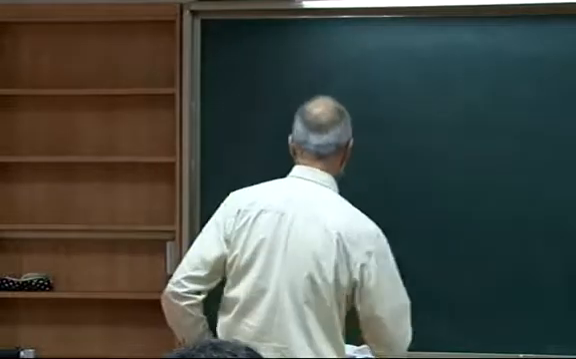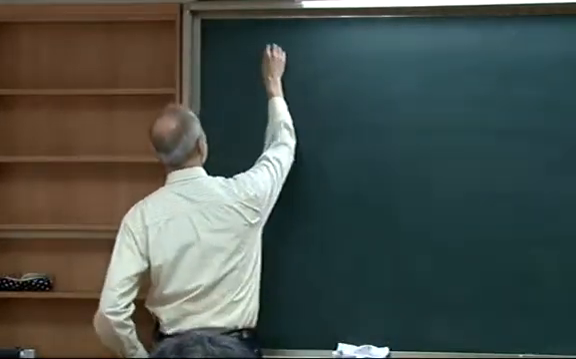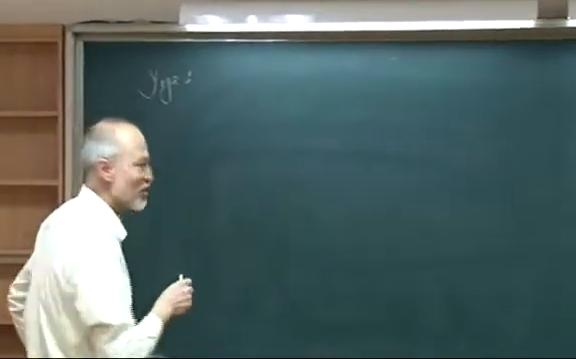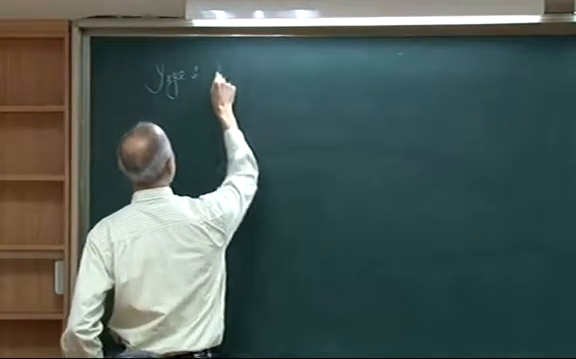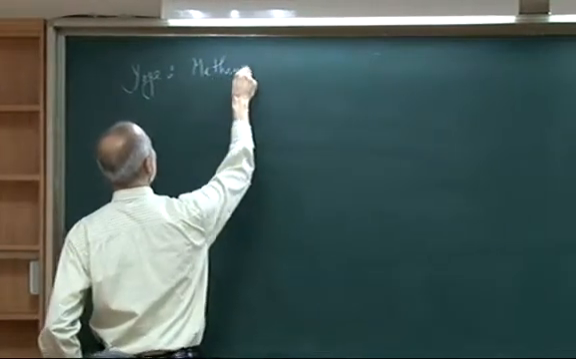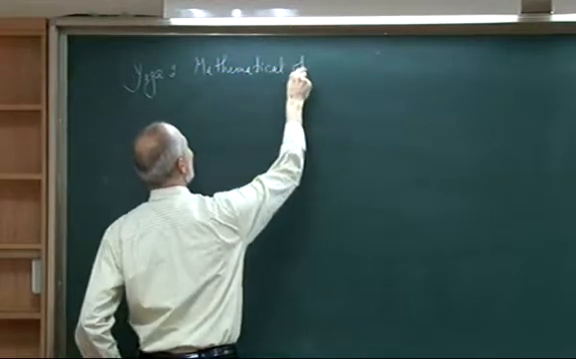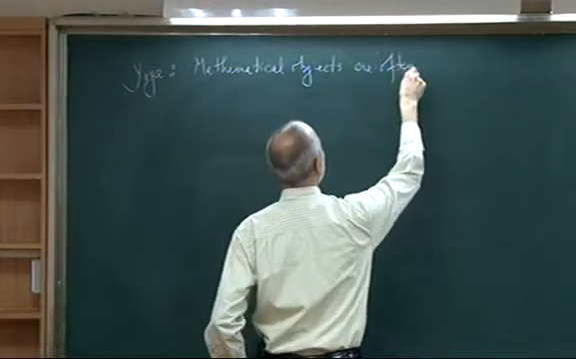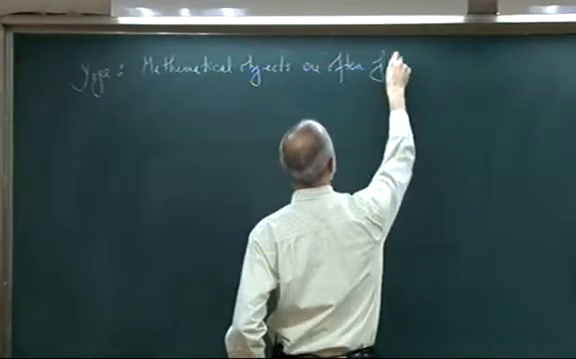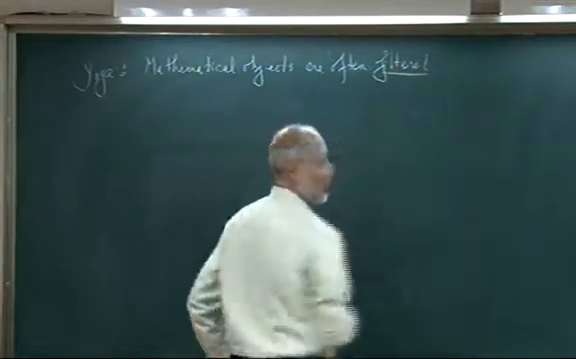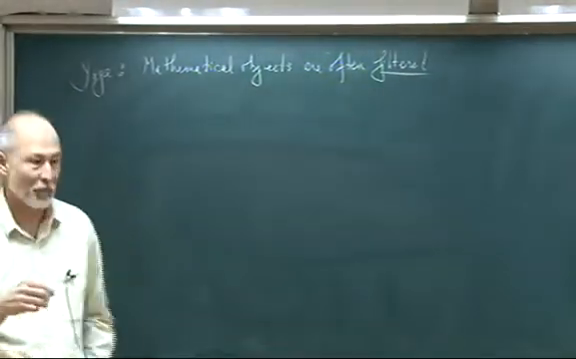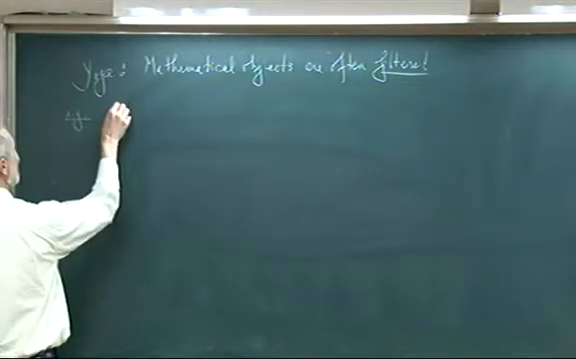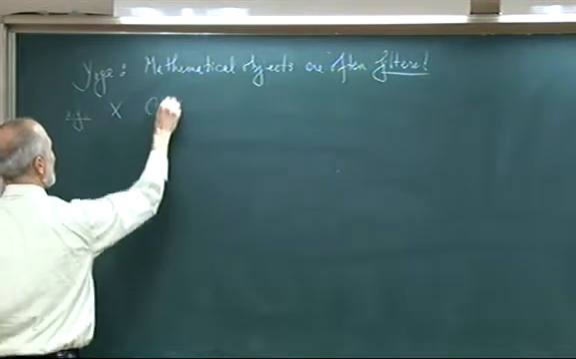So let me start with the yoga for this, which is quite simply that mathematical objects are often filtered. So I need to tell you what I mean by filtered. Of course, the examples that I have in mind are, for example,